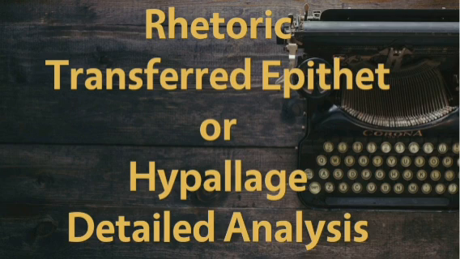This figure of speech refers to the shifting or the transfer of an epithet from its proper subject to another one which is associated with it. Clear? This transfer is a result of the mental operation of the writer or the speaker. So what we see over here is that যে অ্যাডজেক্টিভটা যার সাথে বসার কথা, যার সাথে ইউজ করার কথা, সেইখানটায় না বসিয়ে অন্য জায়গায় ট্রান্সফার হয়ে যাচ্ছে। And you have to find to which